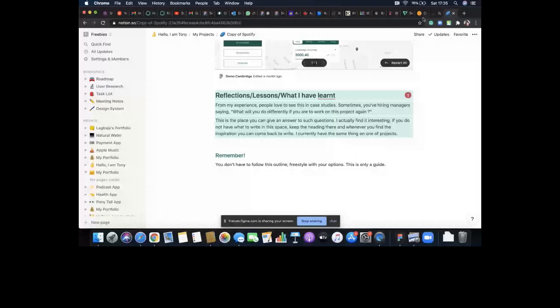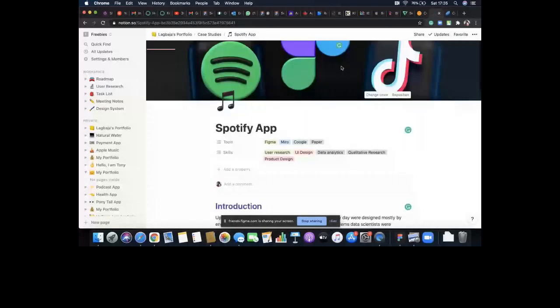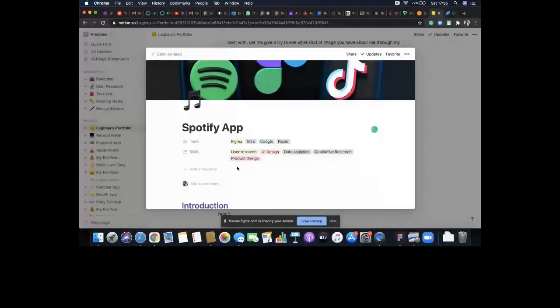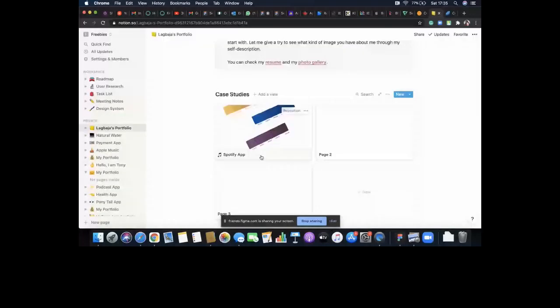So right now we have our case study fully built out. We're going back to our main page, which everybody sees. And right now, if you look at our main page, the only thing you can see is this image that we uploaded before and the name Spotify. Now I want us to display the tools and the skills that we have. So even without somebody opening this page, they can see those terminologies, and when they see them, it would actually attract them to say, oh, this person knows what they are doing.